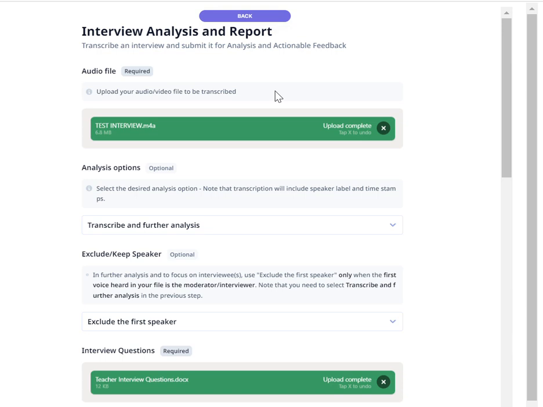Hello and welcome to a tutorial looking at our interview analysis and report. This is going to support teachers and panelists being able to use AI in a way that can be supportive in making an interviewee's responses more authentic and good for practice, but also to be able to record their evidences and their projections of what their key points are and how they match to the selection criteria or the